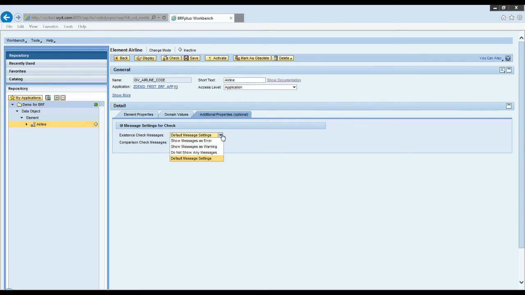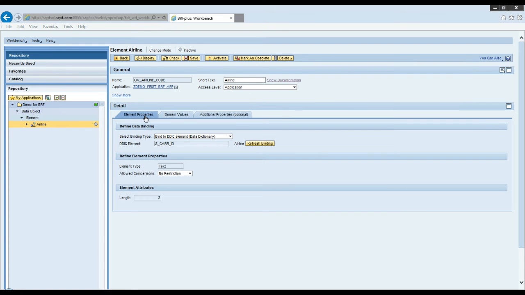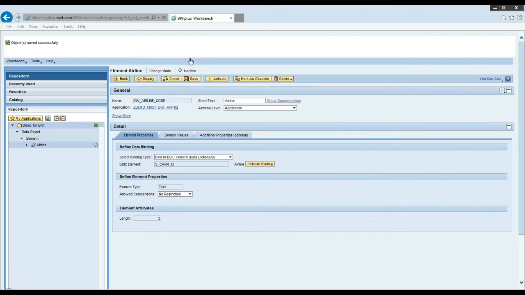If the value which I enter does not exist in the domain values, it should show an error or warning. So I can choose that setting here. Okay. So I click on save and activate this data object. You can see now it is active.